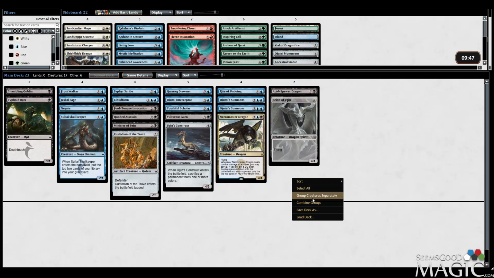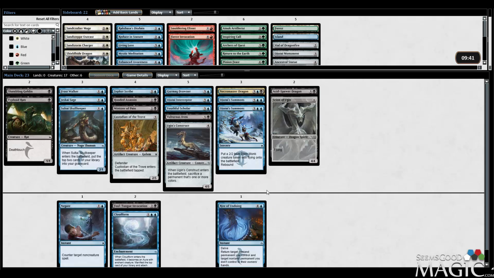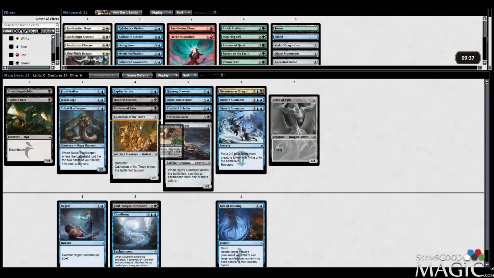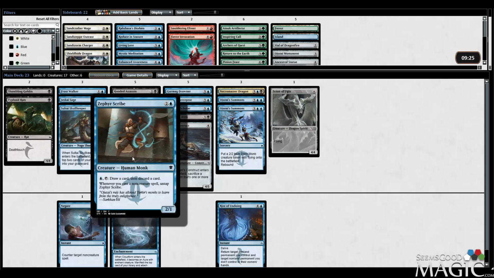We got to make a cut here. Ojutai summons are creatures as well. We're playing 18 lands, absolutely, no doubt about that. Dragon, I guess, is a morph. I like Construct in this deck actually. I don't know about Zephyr Scribe in this deck. We only have 6. I mean, you can still use it, it's not like you can't, but